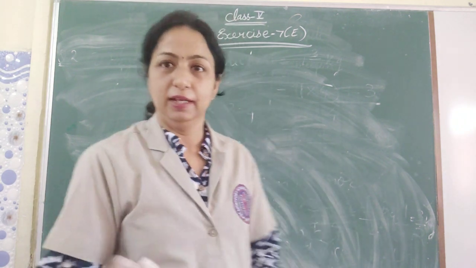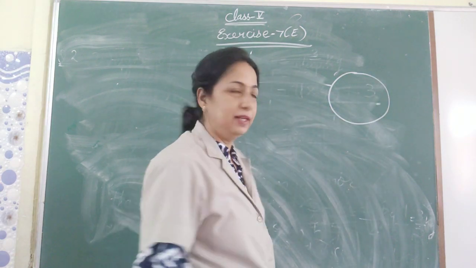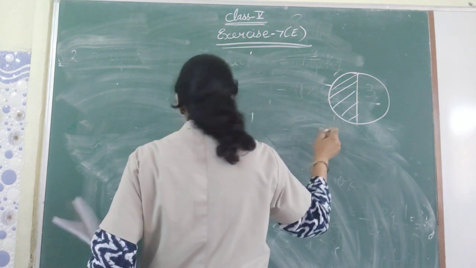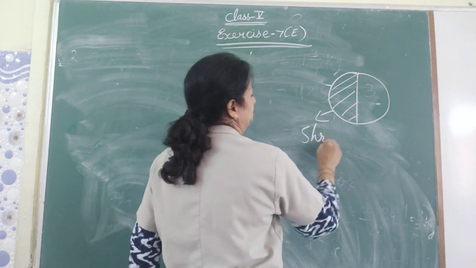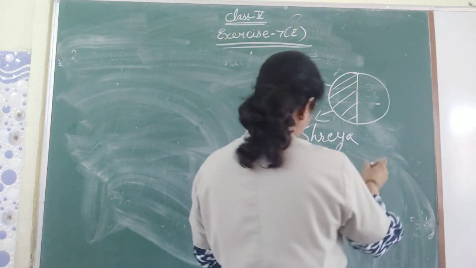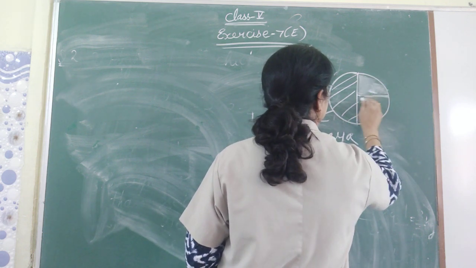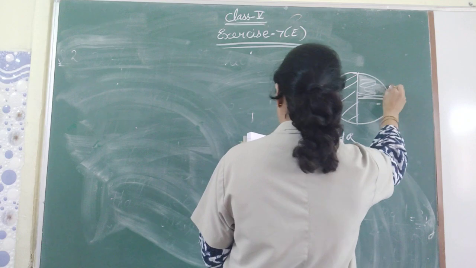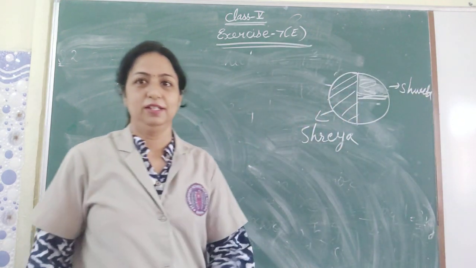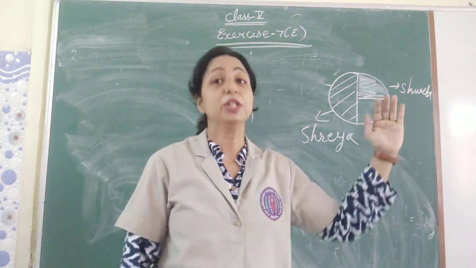See, you can do it by simple understanding also. See, this is a cake. 1 by 2 portion of the cake is consumed by Shreya. Now 1 by 4th portion, 1 by 4th means this much. This much cake is consumed by Shweta. So see how much is left. You can judge by yourself. Just have a look. 1 by 4th is left. But you need to solve it.